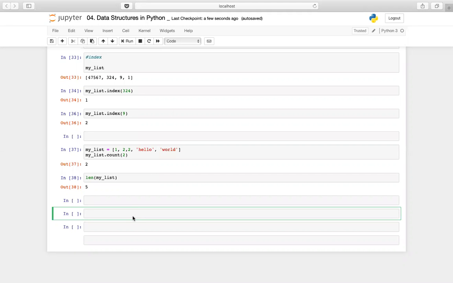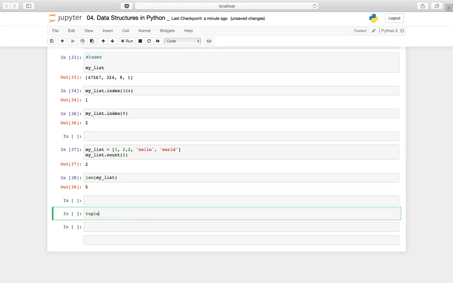Today we'll continue with the data structures in Python. So in the previous video, we looked at what is a list, and a whole lot of other content associated with lists. How do you create a new list, add to lists, clear lists, and a whole lot of that, right? So today we'll continue with one more built-in data structure called